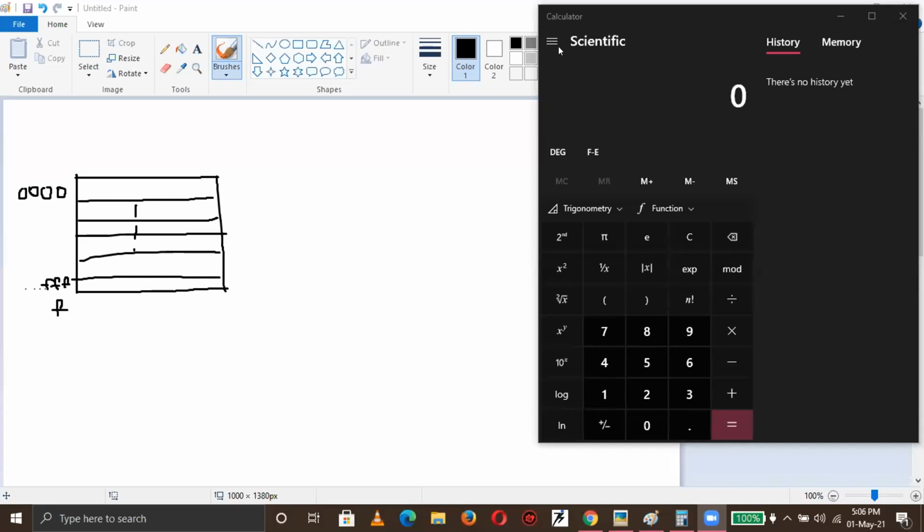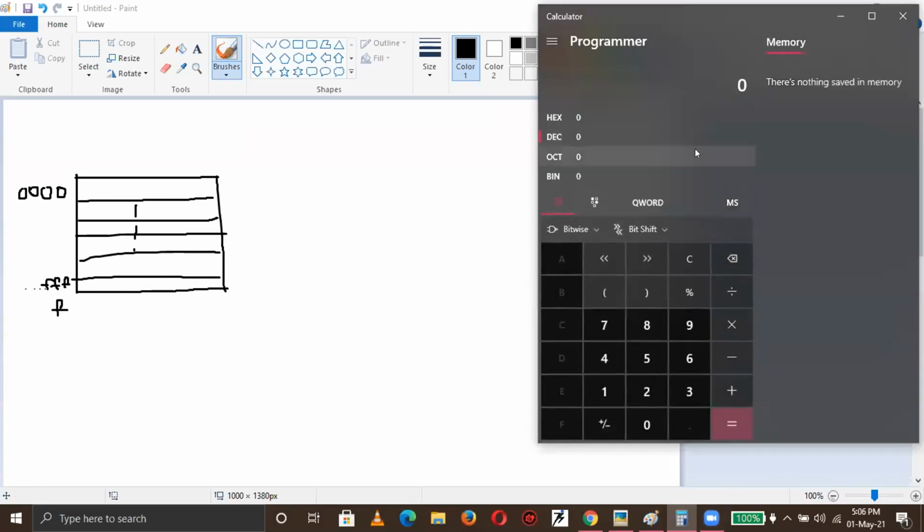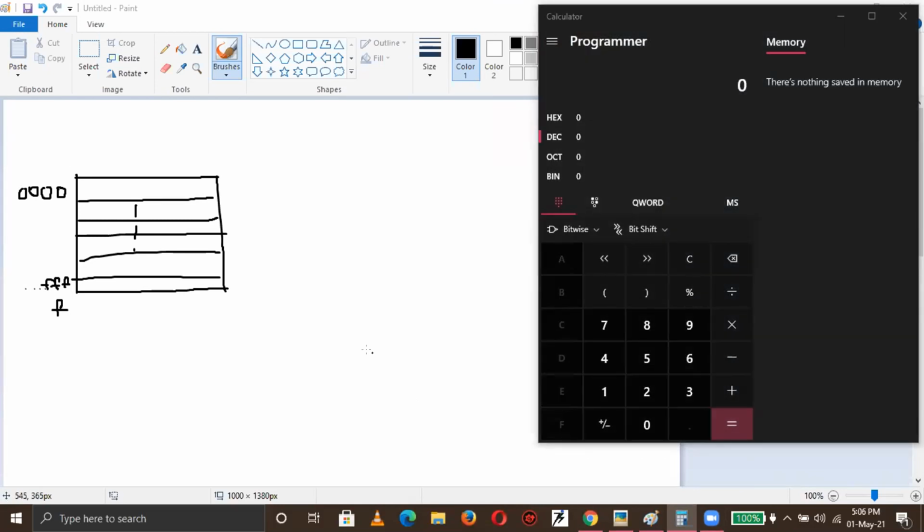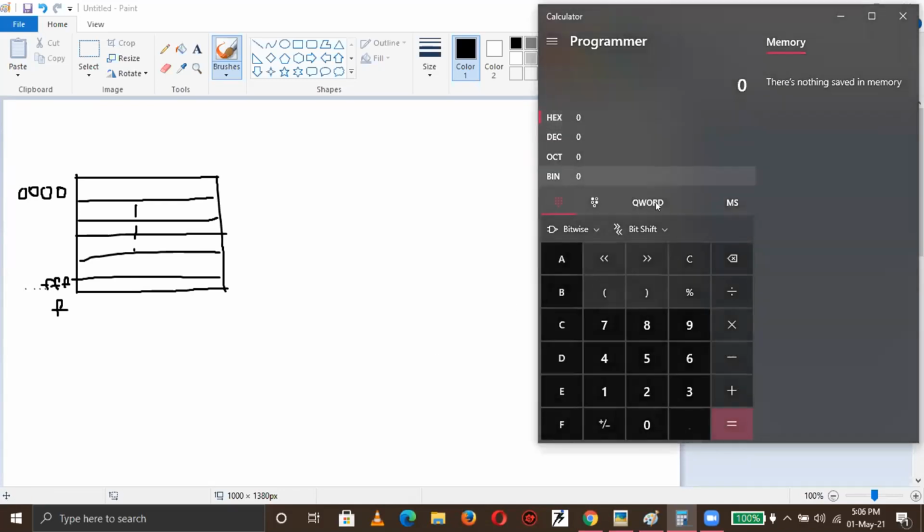Now, each location is how many bits? 32. Yes, I heard you. You said 32, but I just wanted to hear it from the VIT team. Are you in sync, guys? Yes, sir. So each location, as I said, is 32 bits. And what was the decimal equivalent of 0x000140? What value did you get?